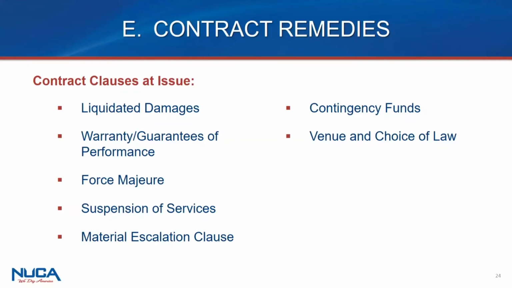And warranties or guarantees of performance. I was just negotiating a contract with a wastewater treatment plant where the owner was selecting all the equipment, but had performance guarantees on how clean the water was going to be. And we said no to the utility. We said, wait a minute, you're going to pick the equipment that's going to clean the water, but I'm going to guarantee you certain levels of cleanliness? It's the equipment that's cleaning it. So no. But also performance guarantees related to supply chain. If you can't get something and you're going to go to an alternative, it's not really an or equal.